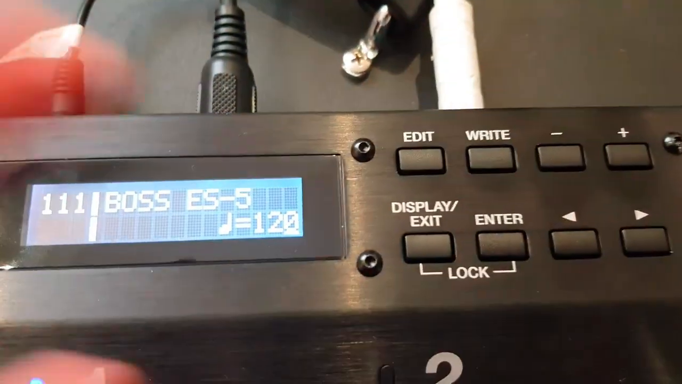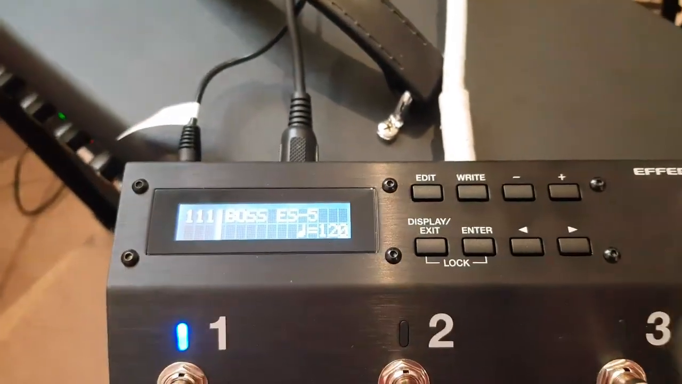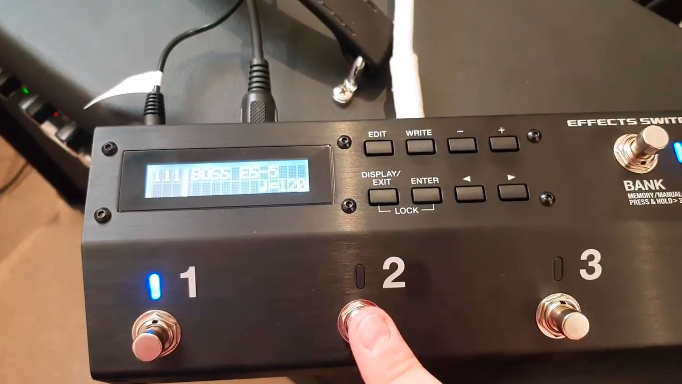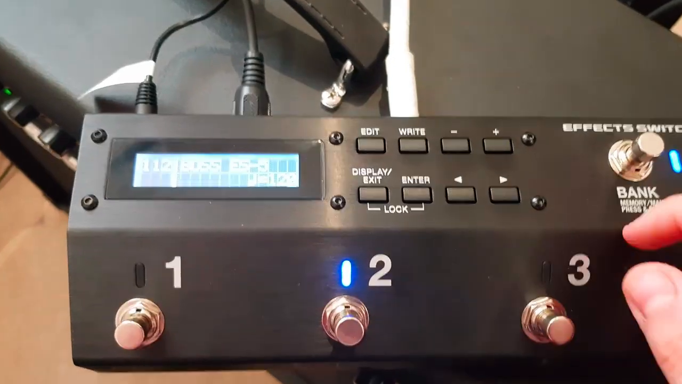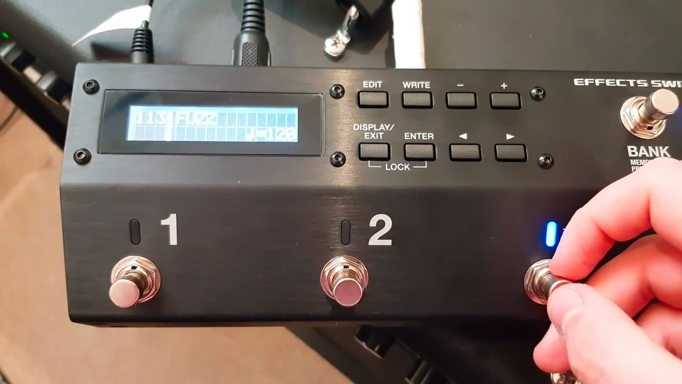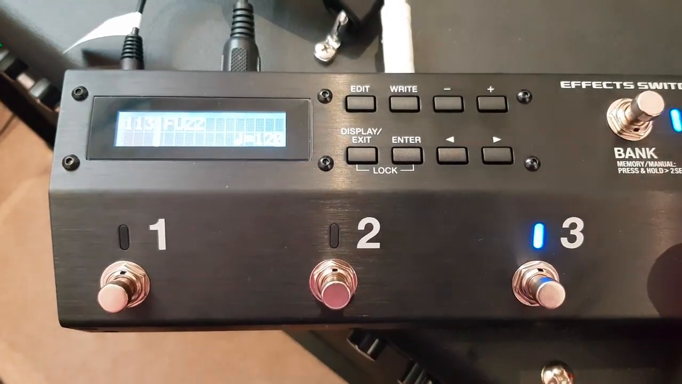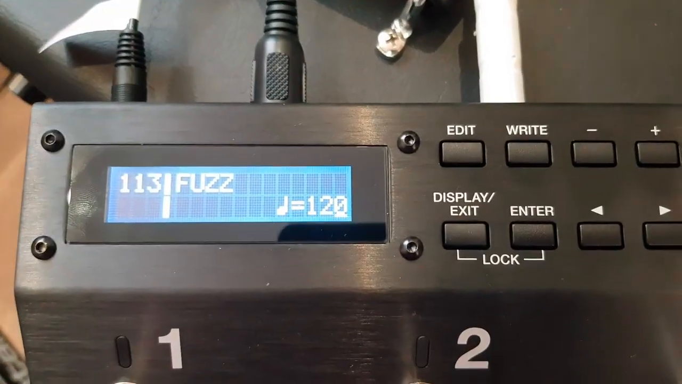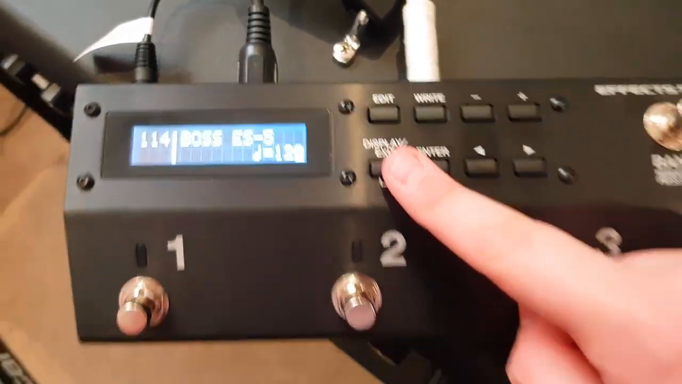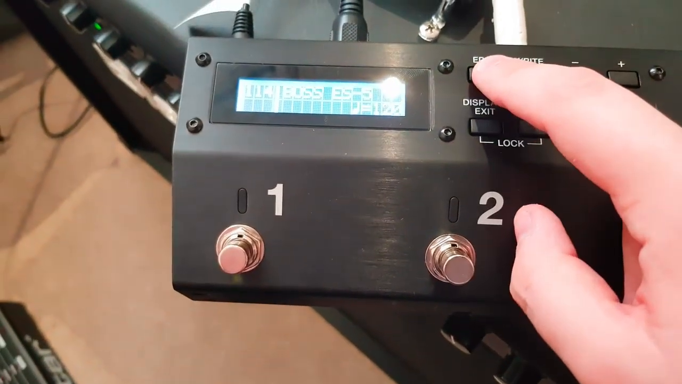This is the main screen you'll see when you turn it on. And you can see if I click that, that's changed the patch. If I click that, that changes the patch. So this is currently set to my fuzz channel. So what I'll do, I'll put this on number 4. You'll see if I click 4. There we go. So, if you click Edit,